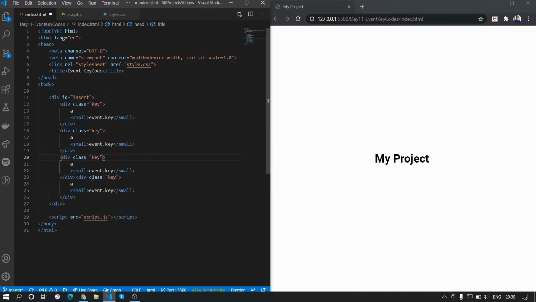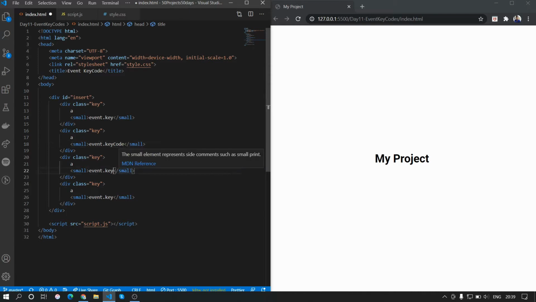We'll make this here key code. We'll make this one just code, and from here we'll remove the key tag and we'll just do press to get the event key code.